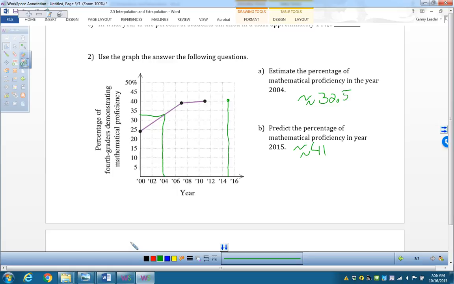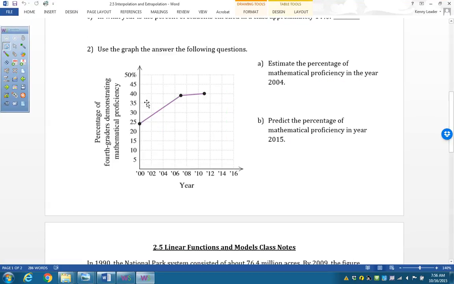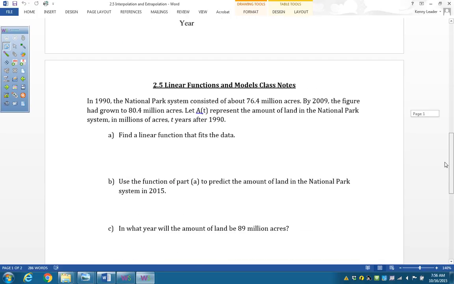I think we're just going to do one of these on the back. We don't need to do both. Are we ready to move on to the next page? Then I'll give you some time to work. So on the back,